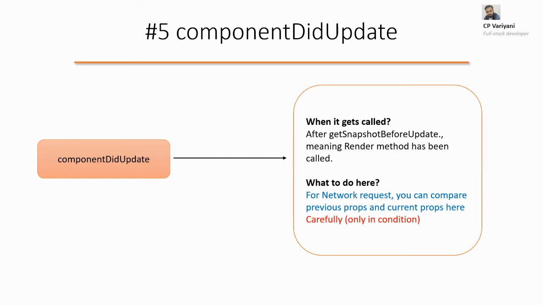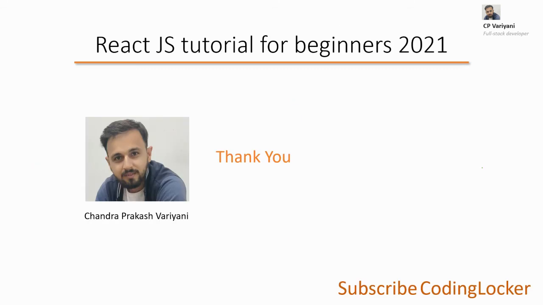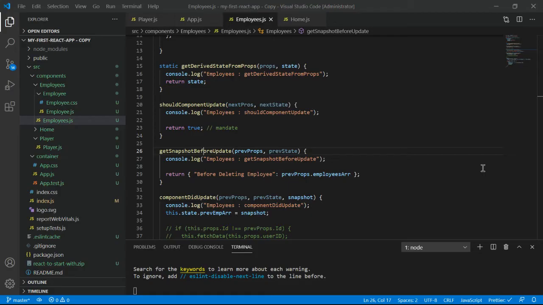Now here you can make the network request that is written here, but you have to be very careful, right? The state update, the calls to the network, everything has to be in a condition. We will see how. Otherwise it can go into an infinite loop and you may never recover from that situation. That happens very frequently with us. That's why I mentioned it with the red text, that we should use this carefully, only in a condition.